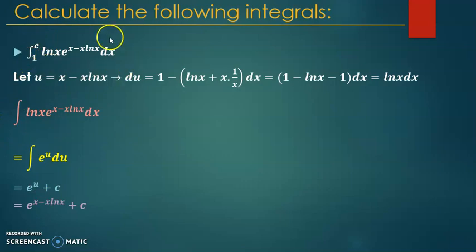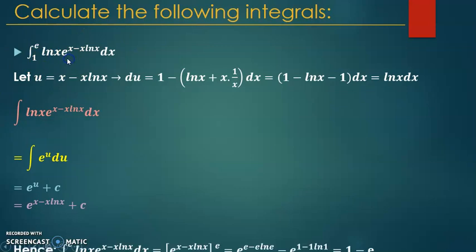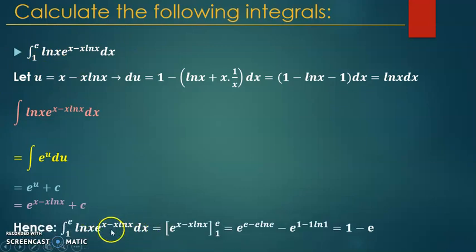Now to evaluate the definite integral with these boundaries, remember from the previous video on definite integrals that you need an antiderivative for this, which is e power x minus x ln x, and we ignore the c. And then we put these brackets with the boundaries 1 and e. What does that mean? We need to evaluate it first at e, then minus this antiderivative evaluated at 1. So we replace x by e, so you get e power e minus e ln e, minus we evaluate this antiderivative at 1,